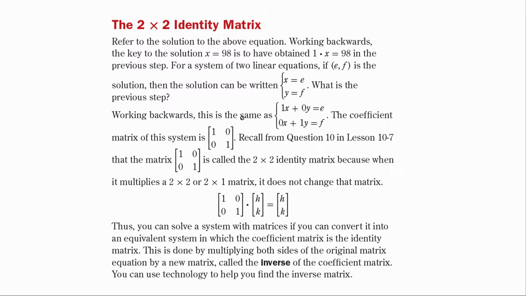The identity matrix, and you should have seen this in question 10 in lesson 10-7, comes about from this. If x equals e and y equals f as a system, what was the previous step? Well, the previous step was that 1 times x plus 0 times y equals e, and 0 times x plus 1 times y equals f. The matrix for this is 1, 0, 0, 1, the coefficient matrix, and that's called the identity matrix because